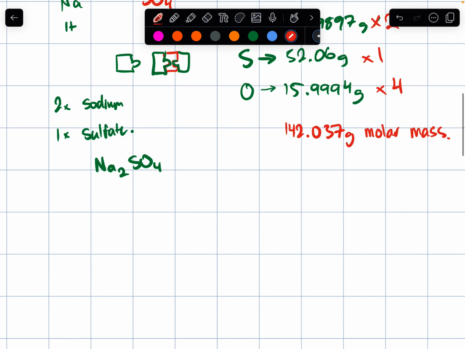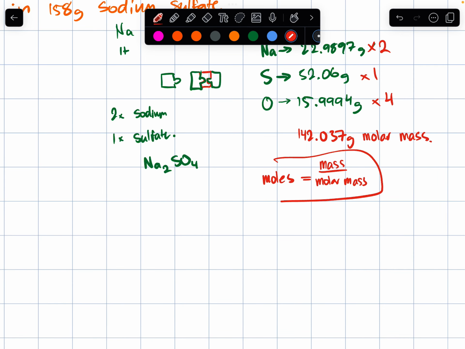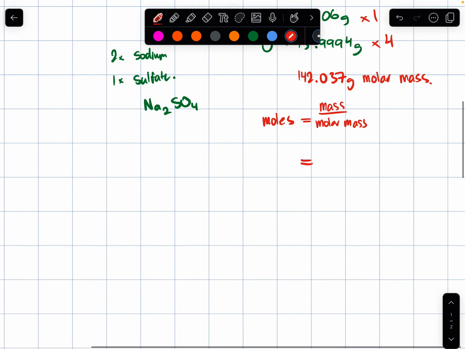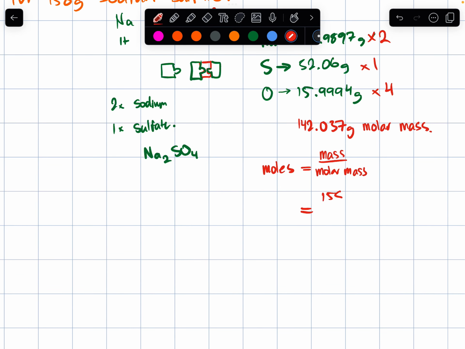Obviously, we're going to take that. We go our moles. Number of cookies is how much cookie dough divided by how much you use per cookie. And then I would suggest always writing out this equation first because you're showing working. And then you substitute your numbers in. Our original mass is 158 divided by 142.037 equals,